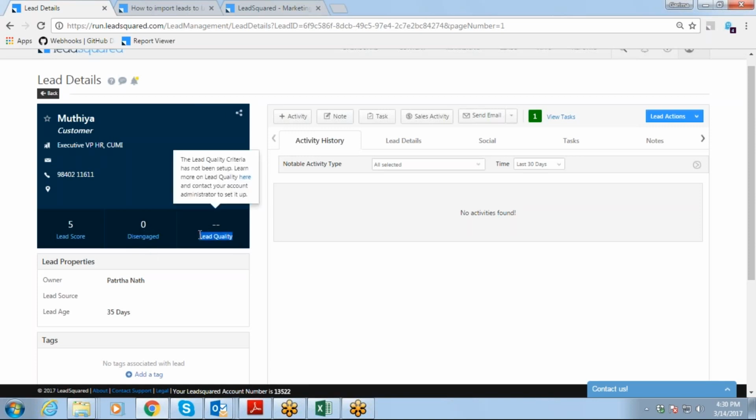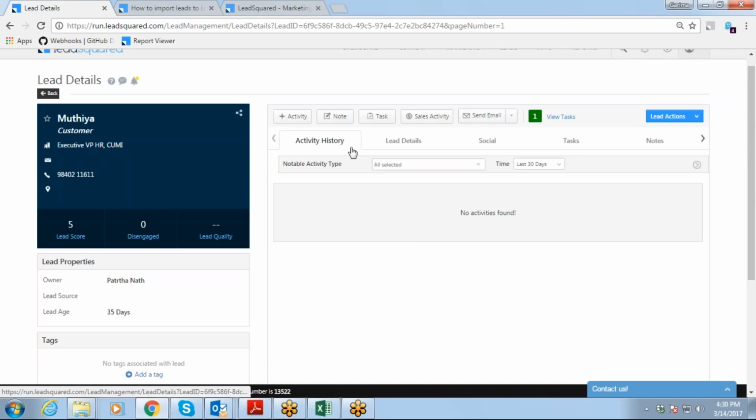The next thing is the lead quality. As a fresh lead comes in, there is a quality criteria set up. You can just set up a criteria. If it is from Bangalore, you give them a score of 9 out of 10. But if it is the same from Delhi, you give them 8 out of 10. So you can give a quality score based on the worth of that lead. If they pay, you can make this score accordingly.